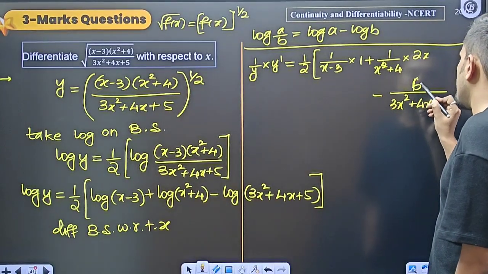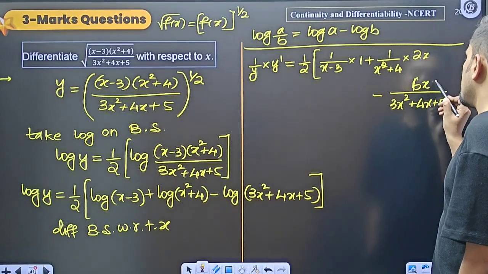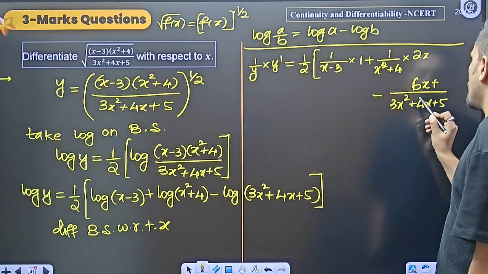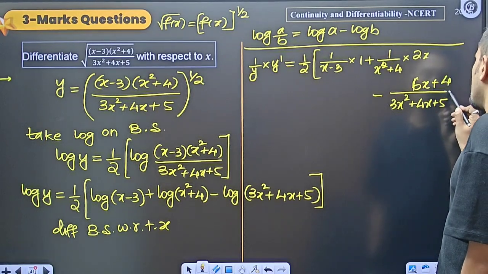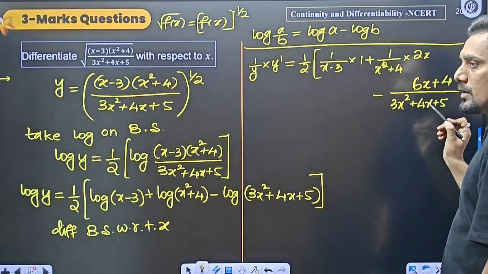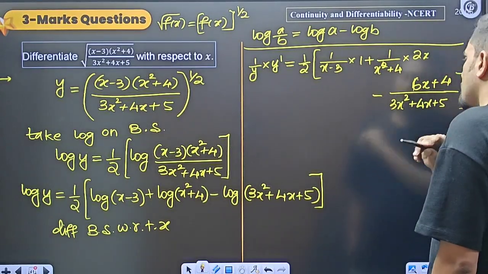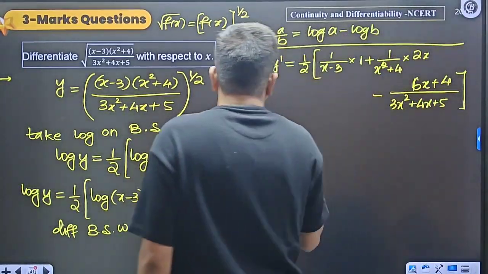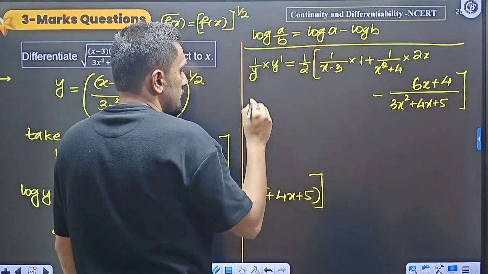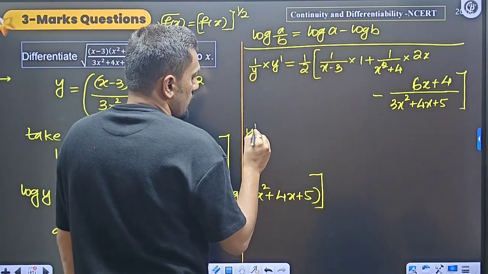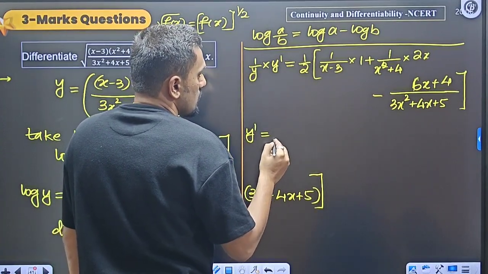Let me write it here directly. 6x plus 4x, the derivative is 4. What is the derivative of 5? 5 is a constant, derivative of 5 is 0. Right. So if I shift this y to that side, then it becomes y dash is equals to y